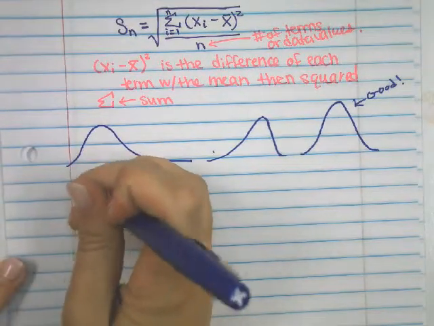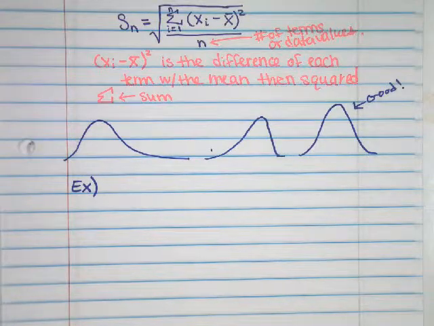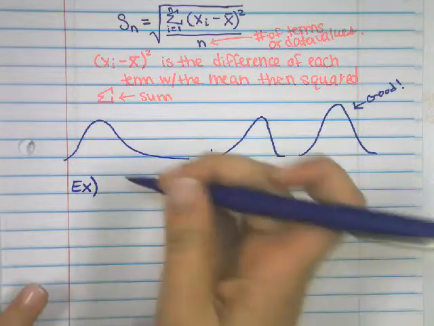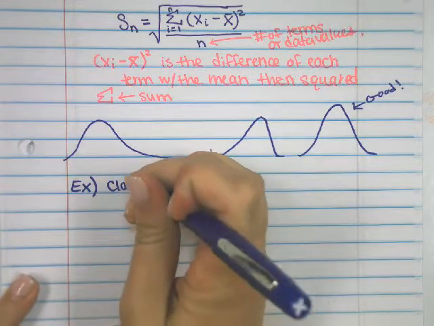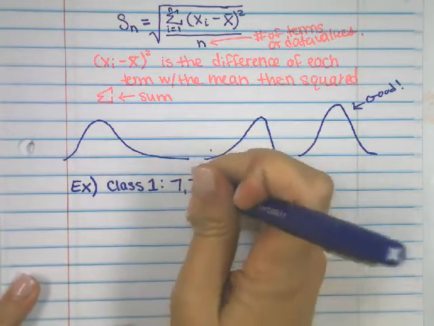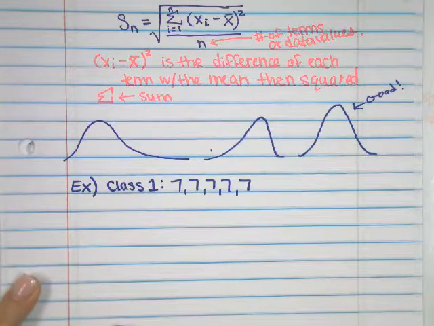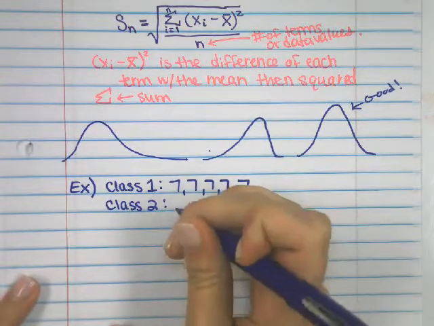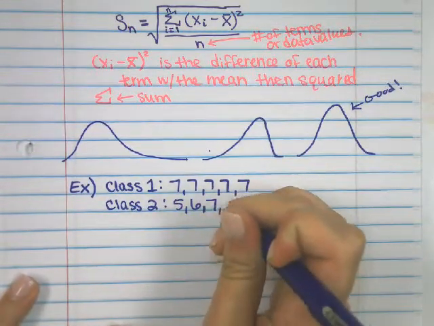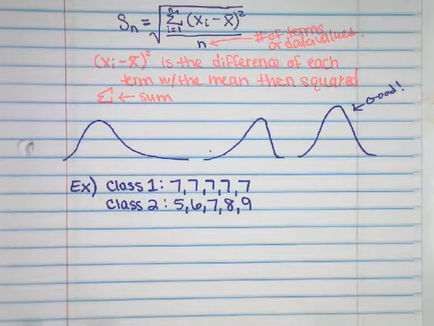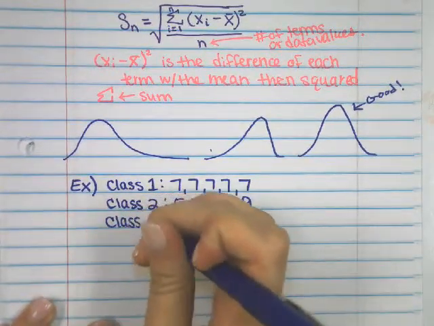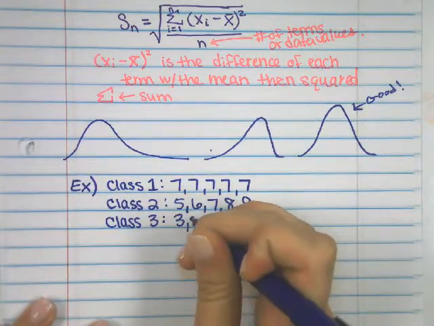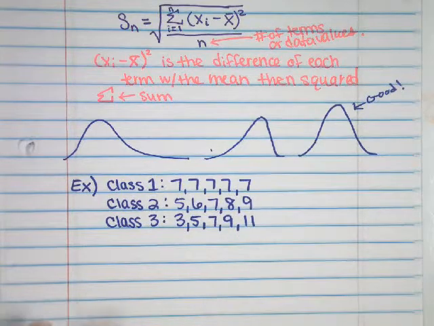All right, let's look at an example. A teacher gives the same test to 5 different groups of students. So in class 1, every student scores a 7. Class 2, we get a variety of scores. I don't know how many points this would be out of. Maybe it was out of 10. And then class 3, they also have a variety of scores. And someone in that class got over 100%. They got an 11. What I want to know is, let's find the mean and the median,